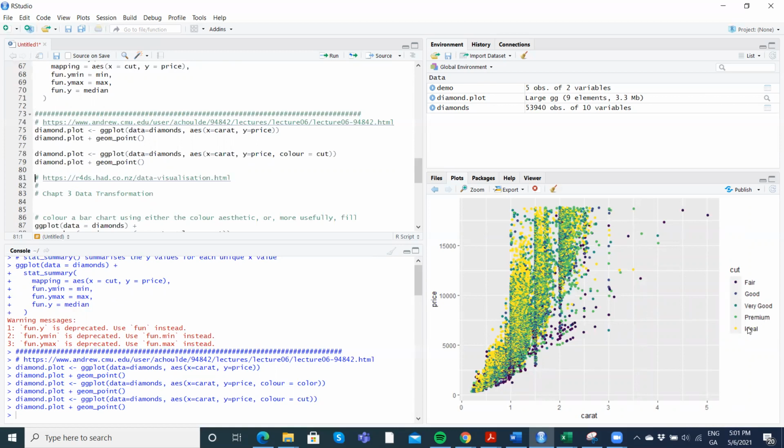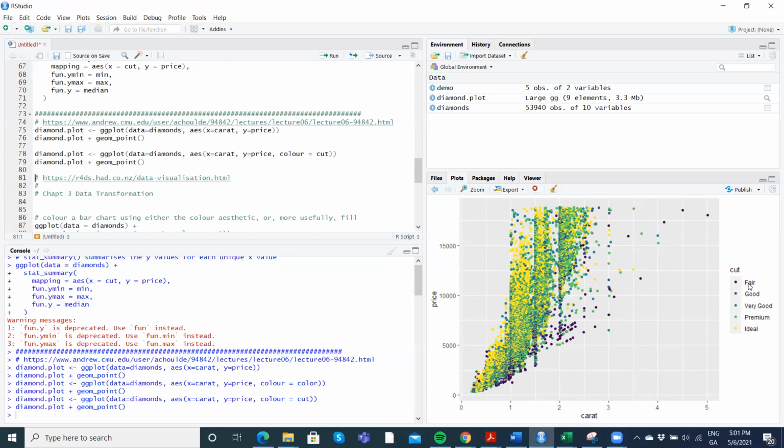Now ideal, so these are split up into fair, good, very good, ideal, and it's more of a mixed bag, but there is a preponderance of yellow denoting ideal on this side, and there's more a preponderance of fair on this side. So it would appear that diamonds that have an ideal cut, all else being equal, seem to command higher valuations,